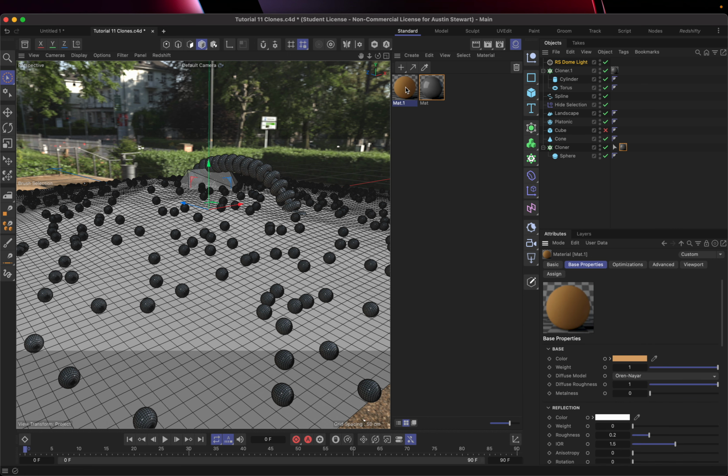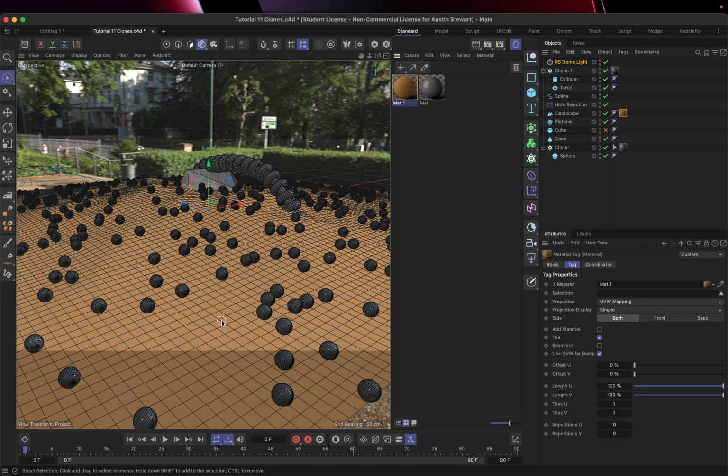Okay, so we're going to go ahead and use this as our landscape color, which kind of matches the soil color here. Doesn't really matter. Now that we've done that, if you followed other tutorials, I've made my own little Redshift tab